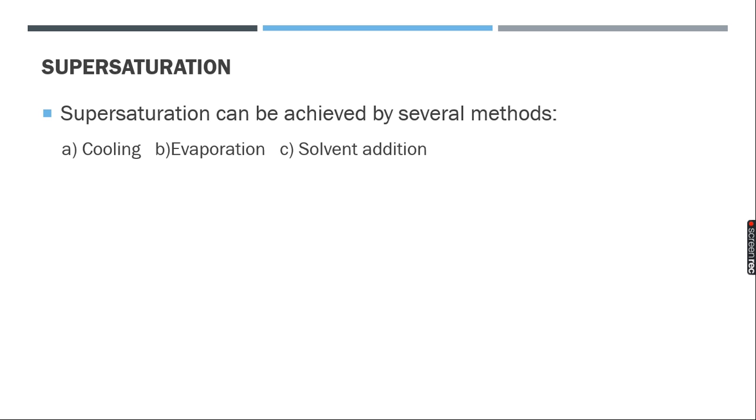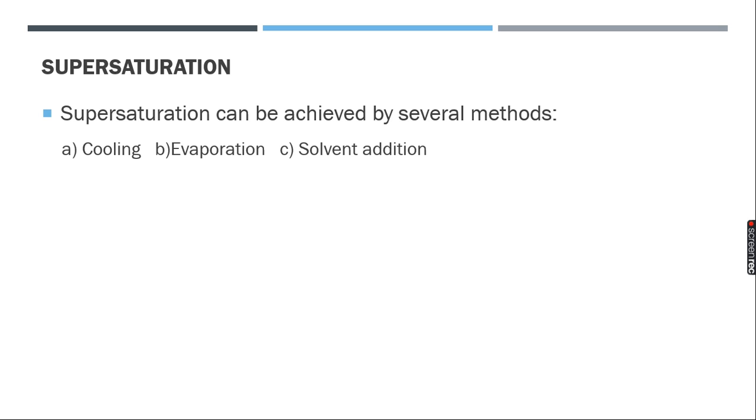Now, as we keep referring to supersaturation, we need to know how we can attain it. It can be achieved in three different ways. First, the most widely used is reduction of temperature. The solubility of a compound is a function of temperature. Increasing temperature generally increases solubility, so decreasing the temperature reduces the solubility, and if the dissolved solute amount stays the same, the solution attains supersaturation.